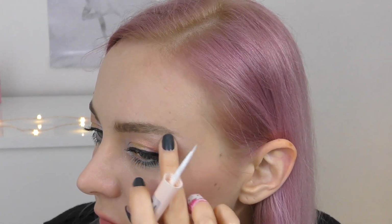Just before I apply the eyelashes, I'm going to use my Etude House Tear eyeliner. This just makes your eyes sparkle. It's very pretty, and I pretty much use it as a highlighter sometimes, but it looks really, really good on the inner corner, especially when layered over another color that's quite shiny. And I also like to use it as a brow bone highlight too sometimes. I just apply it and then I kind of dab it. I'm also going to apply this to my Cupid's bow later after I've applied the lip color,